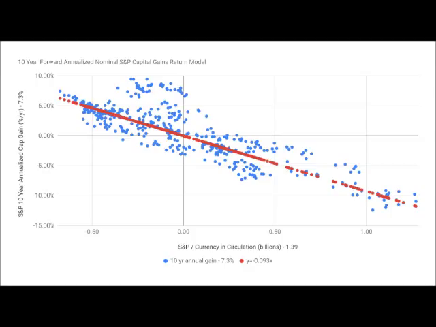As was the case with gold, when the price of the S&P 500 climbs more quickly than the 7.3% rate of growth in the currency supply, it tends to drag the ratio to higher levels. This puts downward pressure on the S&P 500 price until a point is reached when the currency creation can catch up. Conversely, when lots of currency is created but the S&P 500 lags behind, it puts some upward pressure on the S&P 500 price, and so future capital gains rates should play catch-up. Over the long term, however, gains tend to match the long-term rate of currency inflation. Let's see where we stand now and predict where we may be going.